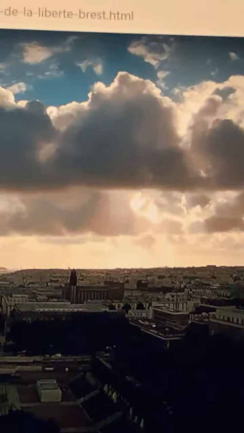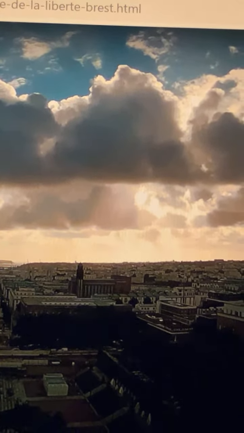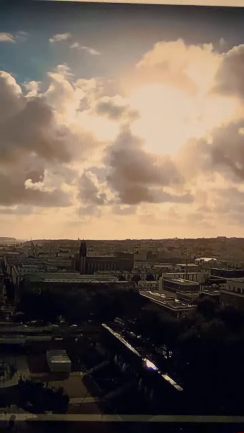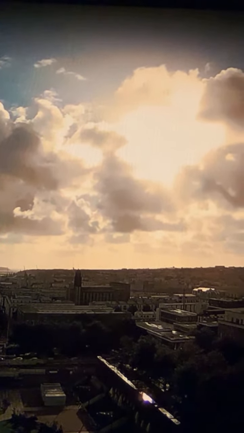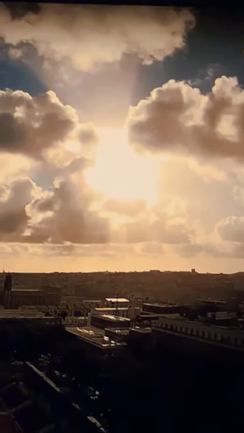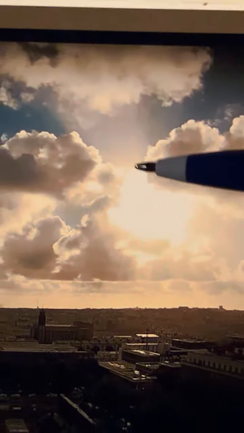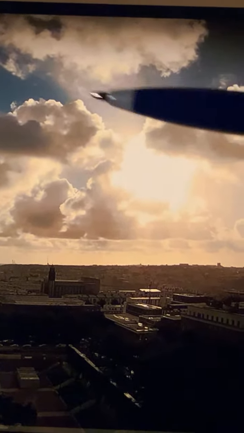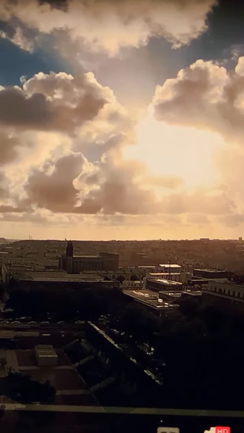We're looking at the shadows in the sky in Brest Hotel in France, and I don't think there's any more that's going to show up. I really do not. Oh wow, look at that ray coming from that sun. Look how they got it like that. Isn't that interesting? It's like a big beam that you would see coming out of your flashlight, straight out of the sun like that. And it just spreads out.